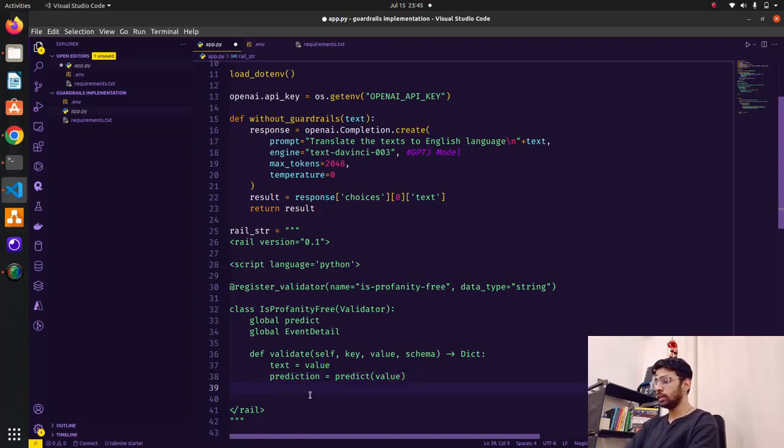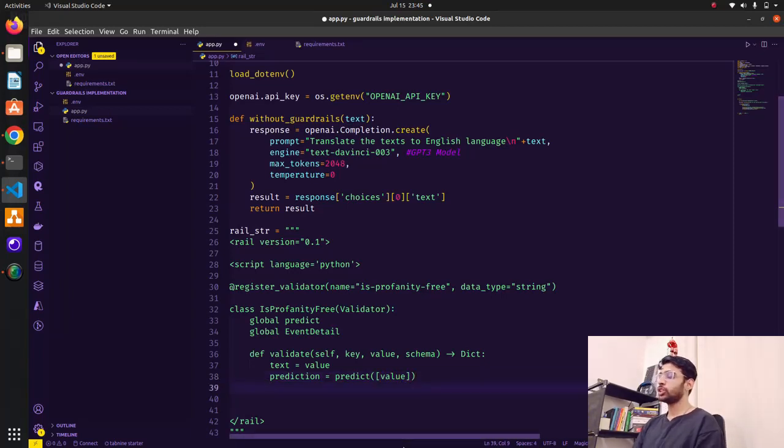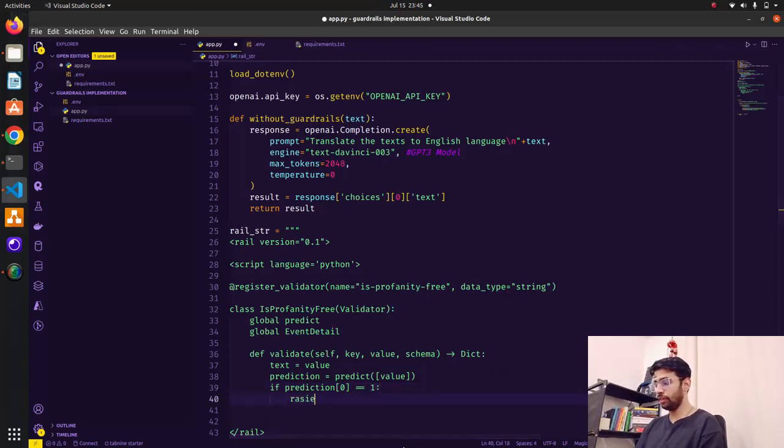I think I'm making a mistake here, that will be inside a list. So prediction equals predict of value, and then let's check a condition. If the prediction at index 0 equals 1, then raise an event detail.